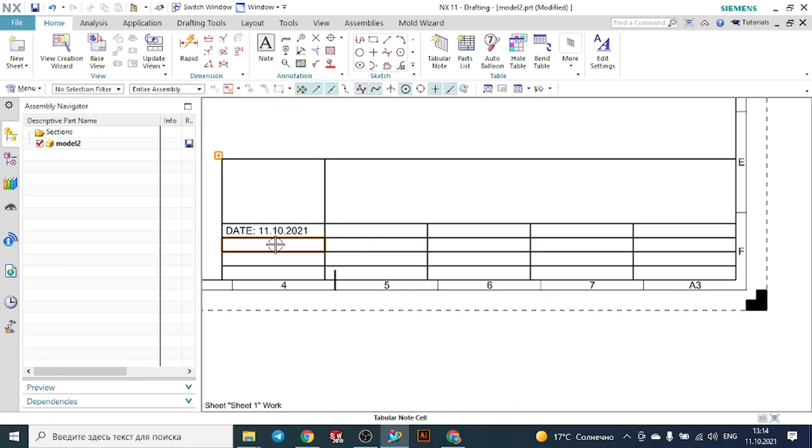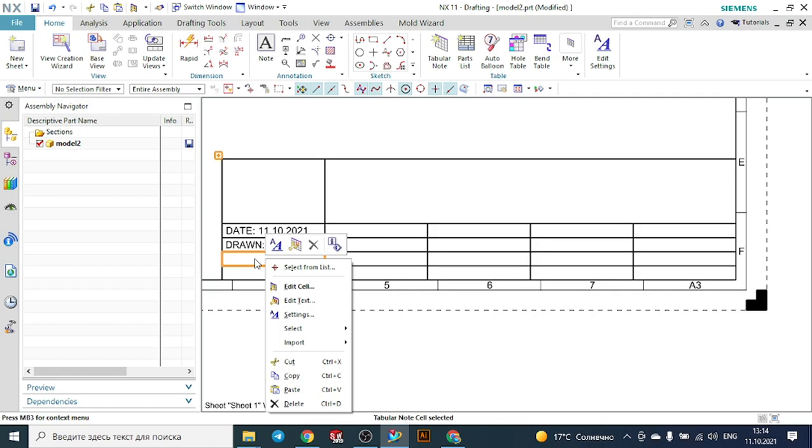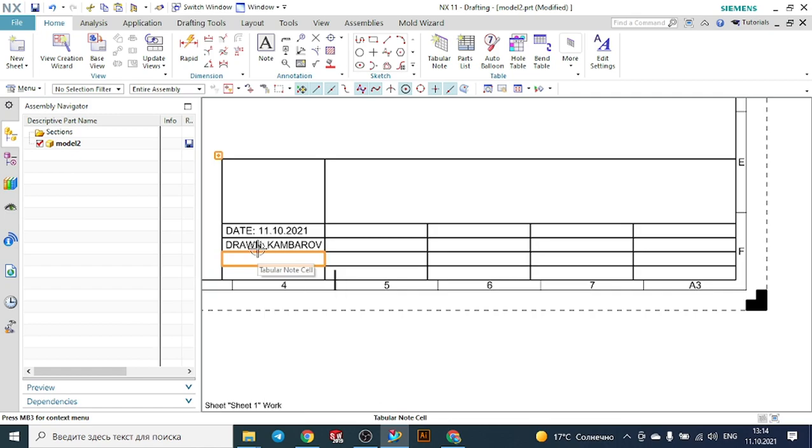So date, and you can write here, for example, the drawn. Double click here, drawn by whom, and you can write the surname, in this case my surname. And here you can write, for example, the checked, by whom, and so on. You can create your own